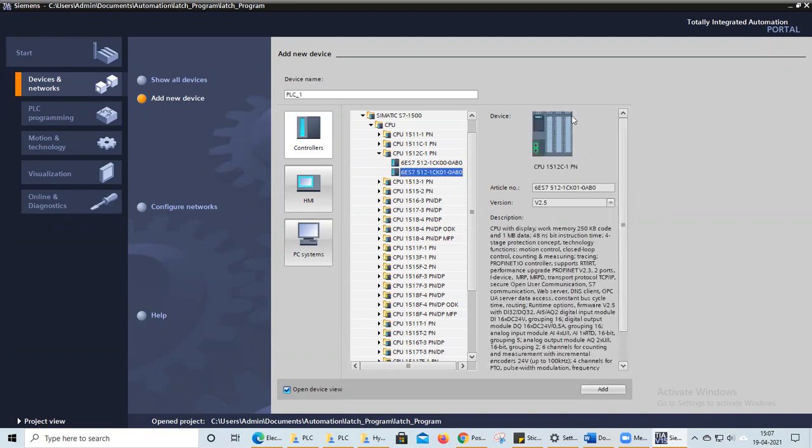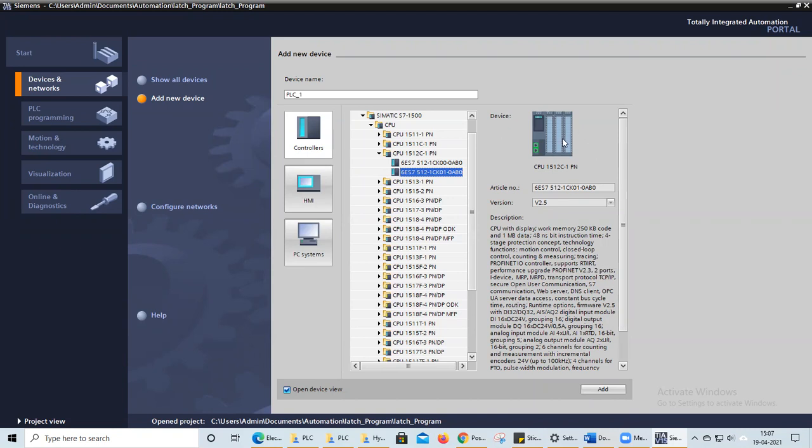Okay, this CPU we need to select. Why this CPU? Because this CPU hardware is available in our laboratory, so you can directly test your program on our hardware CPU. These other different CPUs are not available in our laboratory, so we are working on this CPU itself. Our other CPUs function the same as this CPU. They are of different models.